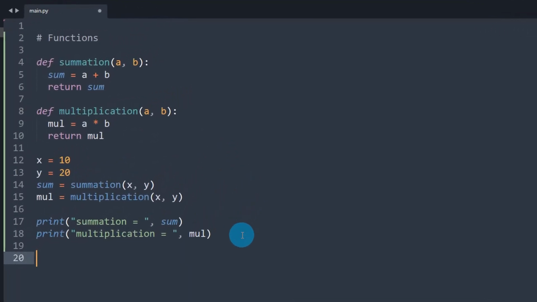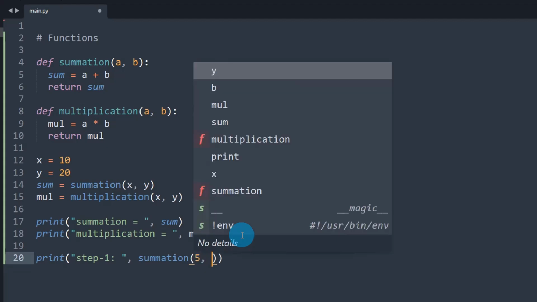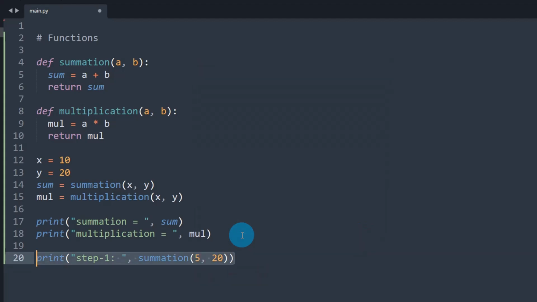Let's see, I can call this function as many times as I want, let's say, in step 1. Just writing anything, I am directly calling the function here even without storing it inside any variable. Let's say 5 comma 20, right?